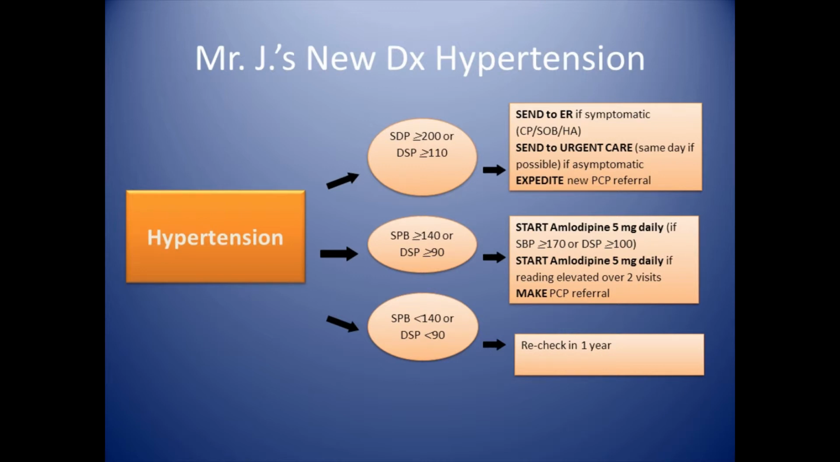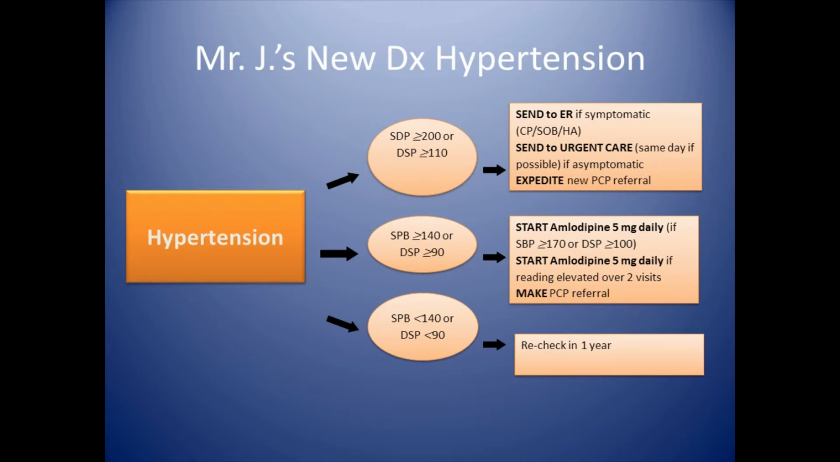For patients in the middle group, we recommend that if patient's systolic blood pressure is greater than 170 or diastolic blood pressure is greater than 100, that the physician start amlodipine 5 milligrams daily. If it is greater than or equal to 140 systolic, or greater than or equal to 90 diastolic,